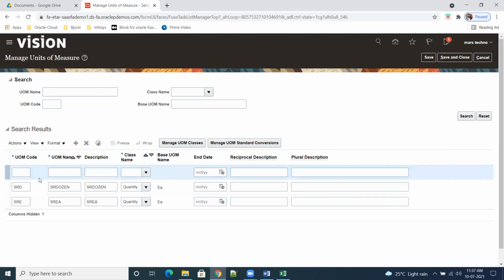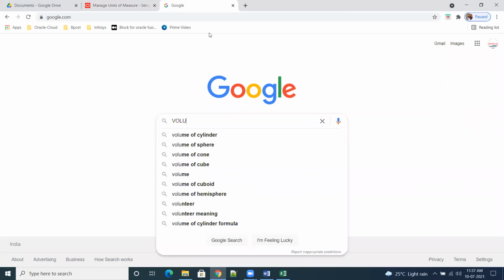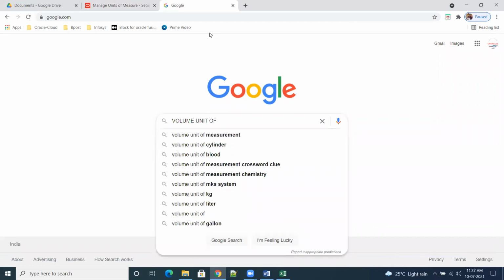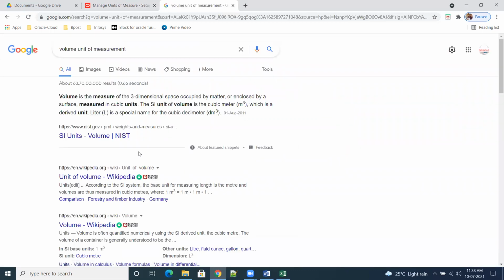So next we'll create volume. What are the UOMs you can find for volume? Volume unit of measures. Cubic units.